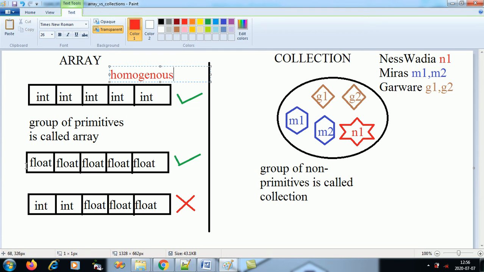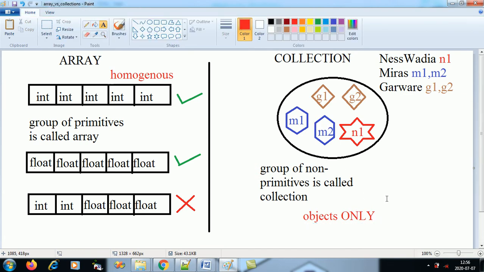If an array is of float, it will be float throughout. Can we have two integers and three floats in an array? Not allowed. But a collection is a group of non-primitives, meaning objects. A collection is a grouping of objects only. You cannot have primitives in a collection. I cannot store an integer or a float in a collection. A collection is only made for objects, for non-primitives only.